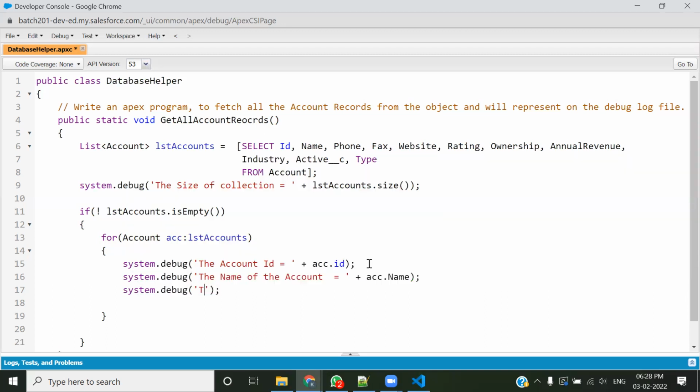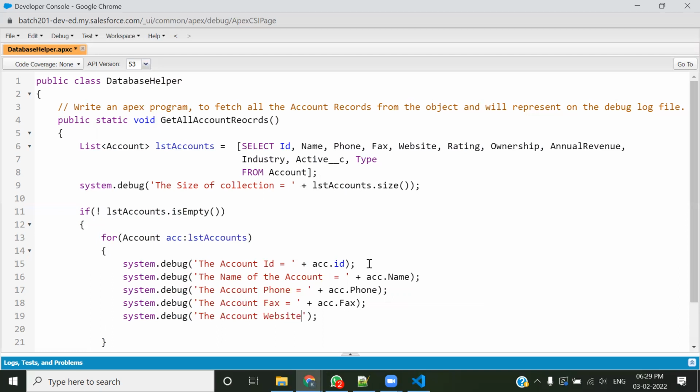And then next System.debug, the next entity is phone, ठीक है। System.debug the account phone equals to plus acc.phone, ठीक है। And then System.debug, phone के बाद में क्या है, fax, so the account fax equals to plus acc.fax, ठीक है। And the next entity after fax, it is website, so System.debug the account website equals to plus acc.website, ठीक है। And then next System.debug, after website it's rating, so the account rating equals to plus acc.rating, ठीक है।